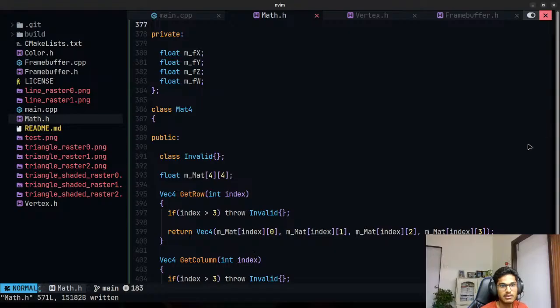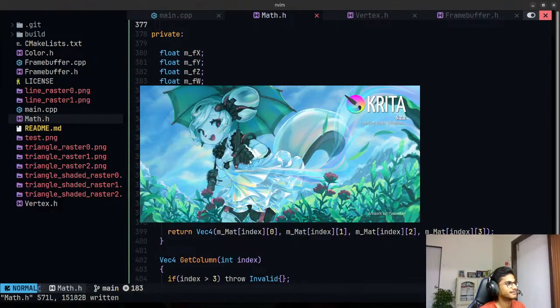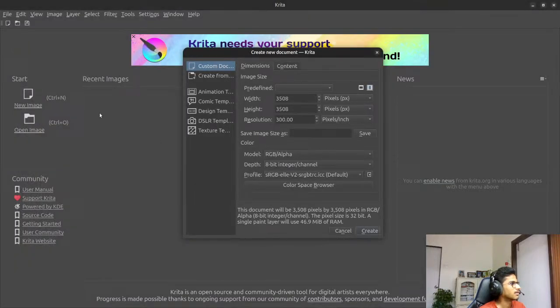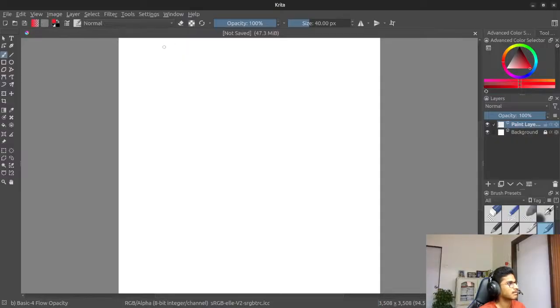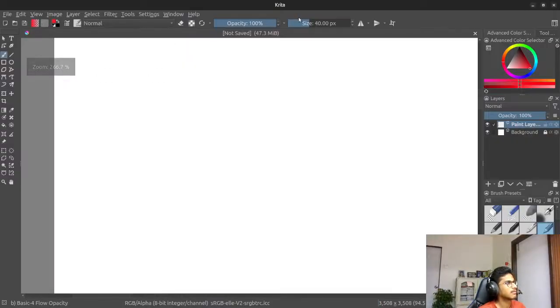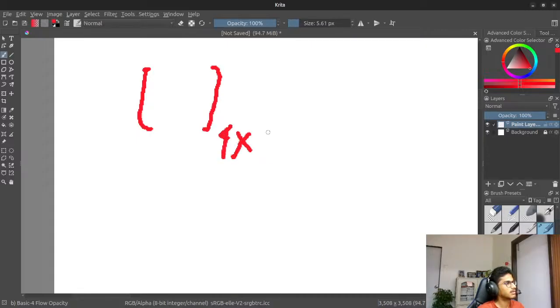I'll just open up Krita for the 4 by 4 matrix. I should implement